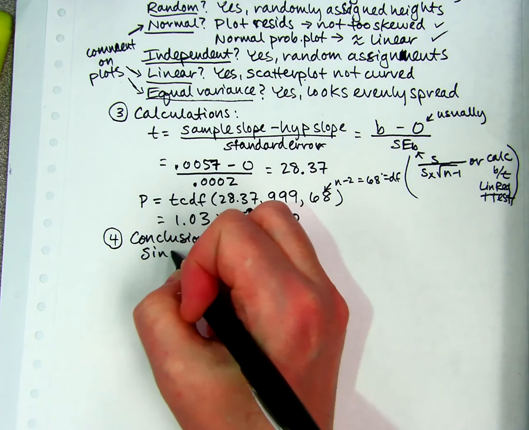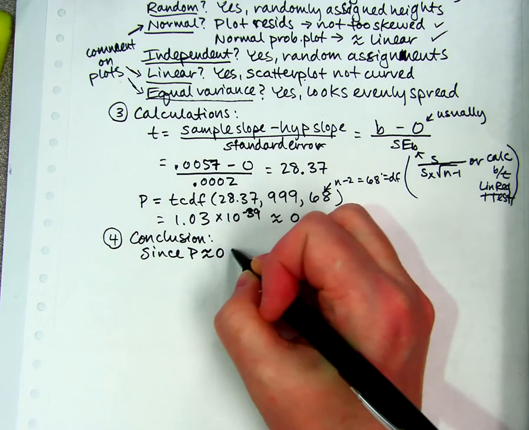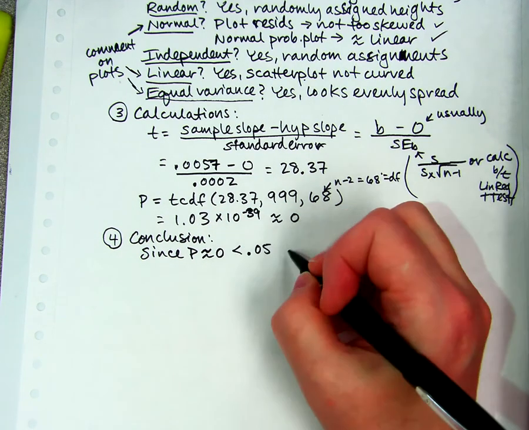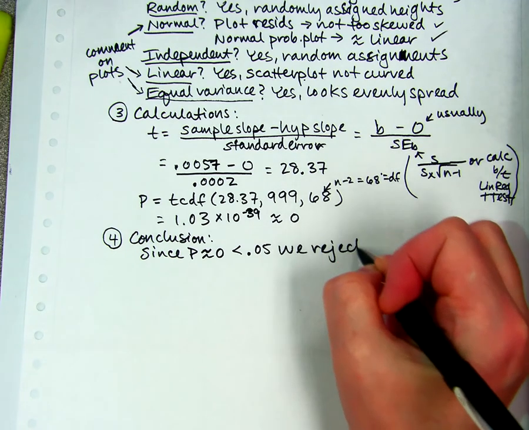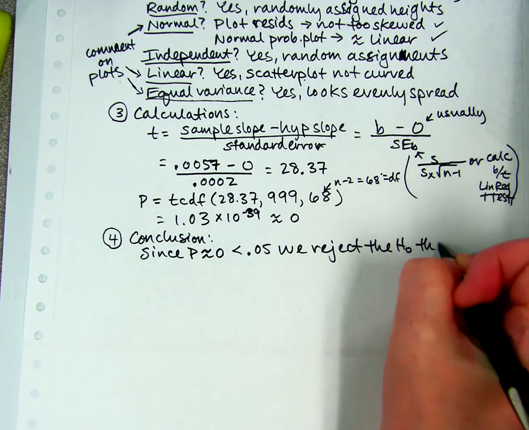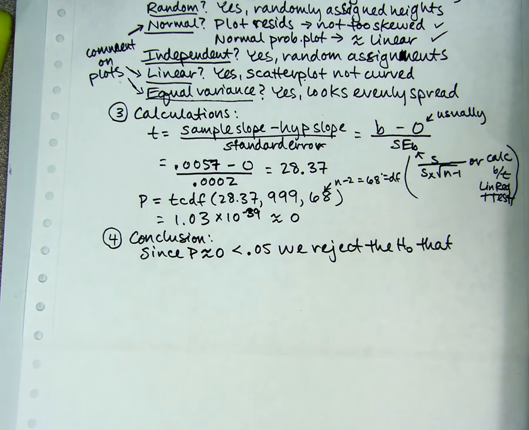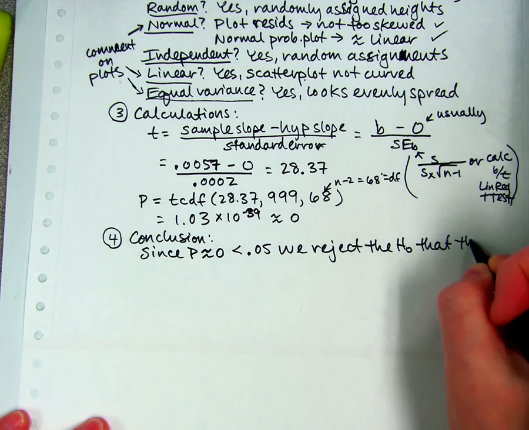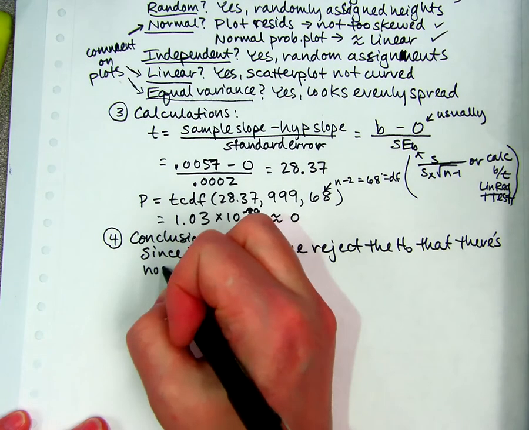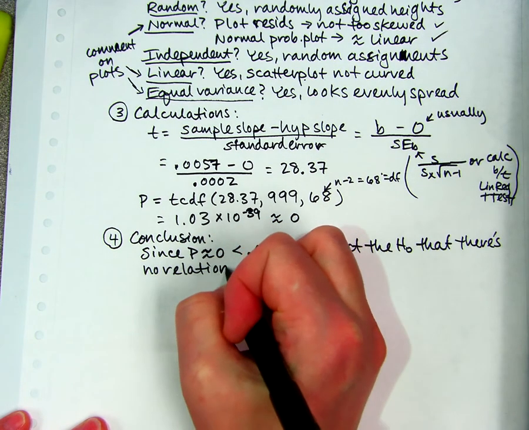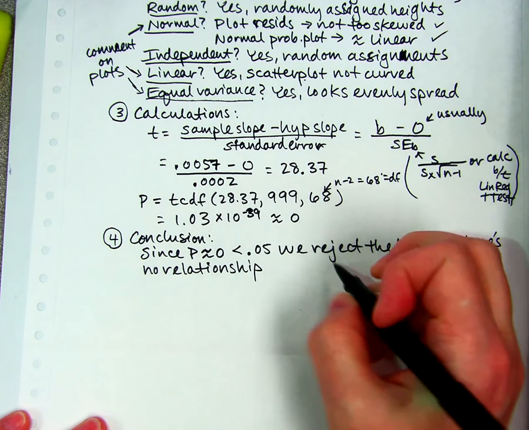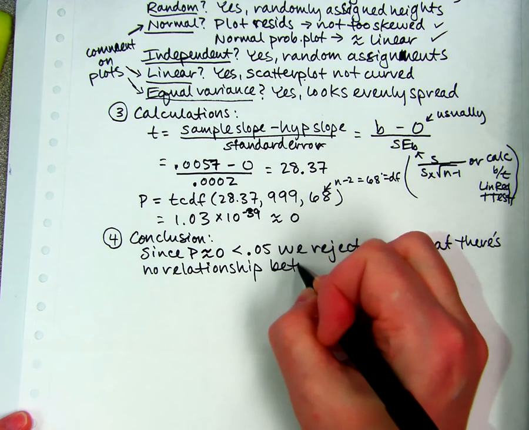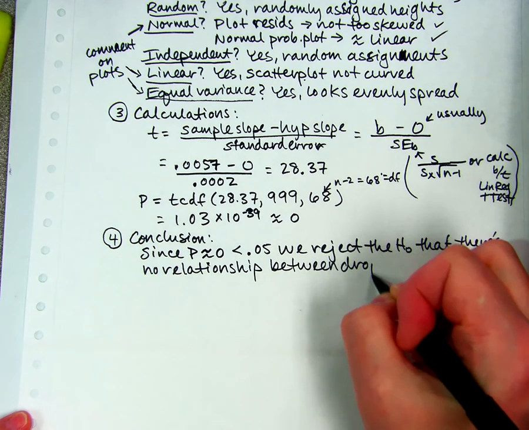Since P is approximately 0 and is way less than 0.05, we reject the null hypothesis that, here's where we need the context. So there's two ways we could write this. We could write it just based on the no relationship idea, or we could talk about the slope. I'm actually going to do it both ways. I'm going to say that there's no relationship. We're rejecting that there's no relationship, which means we conclude there is a relationship. So no relationship between drop height